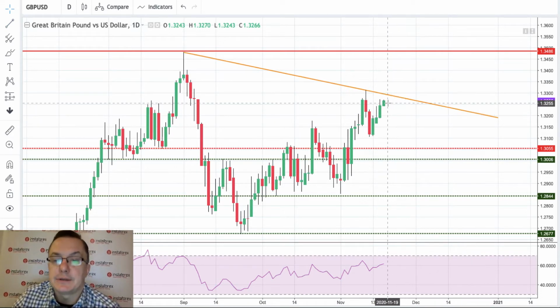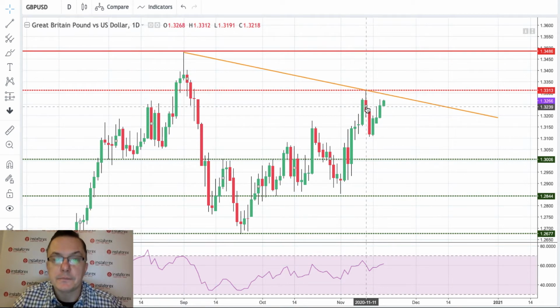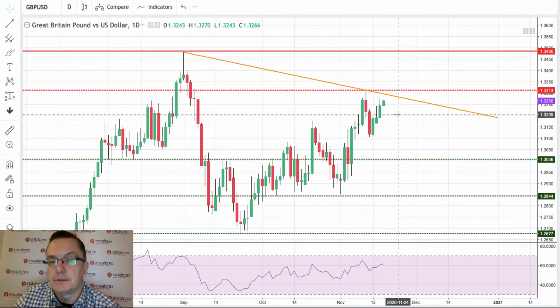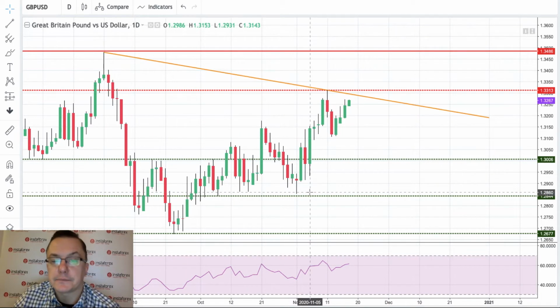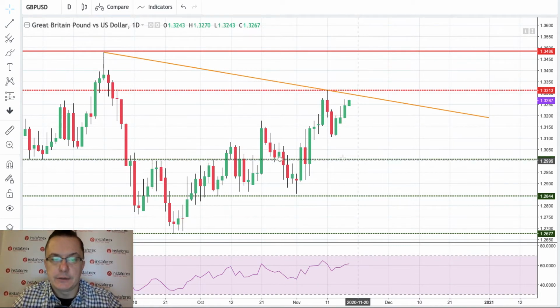Still the price is trading below this trend line anyway, so right now we can just mark this high here around the level of 1.3312. This is the local technical resistance, and it will act very strongly for the bulls. So please keep an eye on the reaction on this level. And then, as you can see, we might say that the technical support, I think it was broken as far as I can see, so it doesn't really lead us anyway,